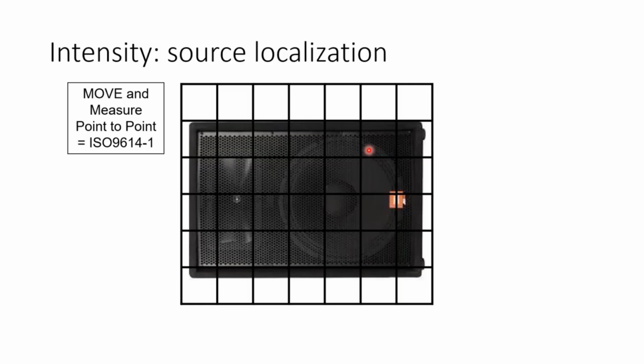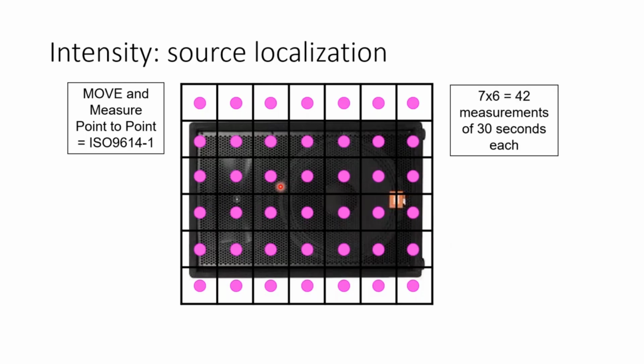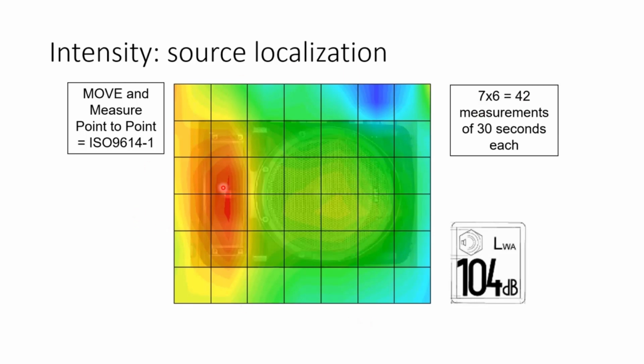Now, sound localization, this is where sound intensity really comes into play. Here you would take a measurement at one dot, then another, and then another, and that's what we're going to do today. Then you'll have different sound measurements at every single location. Once you do this, you'll get something really neat. You can also back out sound power this way, but you'll get an intensity map. This is really nice because now you can see that on this system, most of the intensity is coming out of this tweeter section and not this subsection.